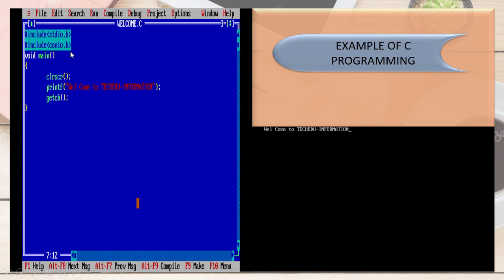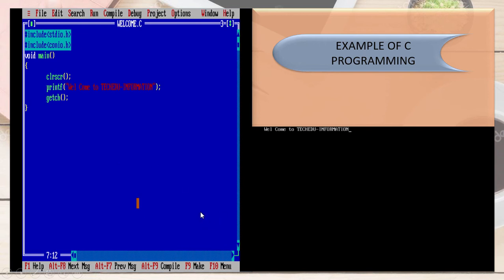Now the next one is conio.h, which stands for console input output header file, with the help of which we can operate our functions at console time or runtime environment. Here are two functions of the conio.h header file, clrscr and getch. Clrscr is used to clear our runtime environment or runtime window, so we get a blank window and cannot see the previous output of any other program. And getch is used to jump from this runtime environment to our coding environment by pressing any key on our keyboard.